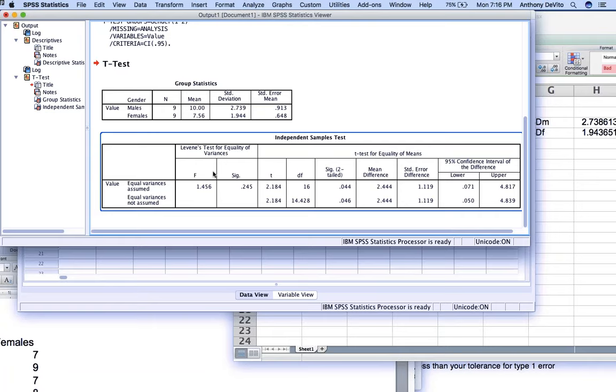And if it's 0.05 exactly, you send an email to Professor Waldron and ask him what to do. Call me at home. Yeah, call him at